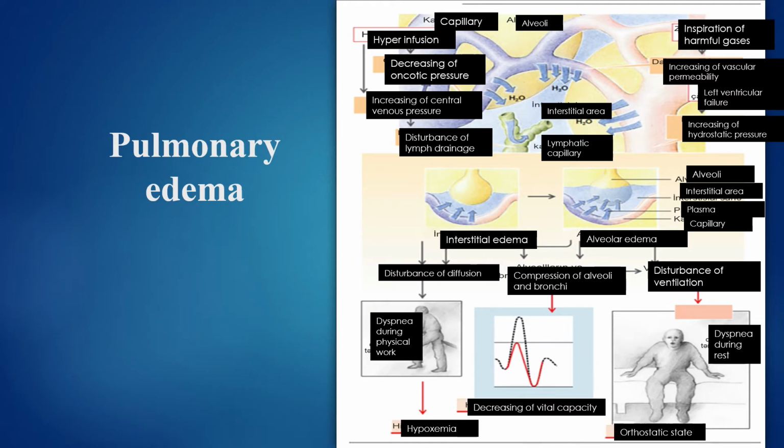Pulmonary edema develops in two stages. The first stage is called interstitial edema, the second is alveolar edema. At first, the liquid part of the blood passes from the pulmonary capillaries into the interstitial tissue space, and then fluid enters the lumen of alveoli. In interstitial edema, dyspnea develops even during normal physical exertion. In alveolar edema, the condition is even more complicated. The patient has respiratory failure even at rest, and he takes the position of orthopnea.